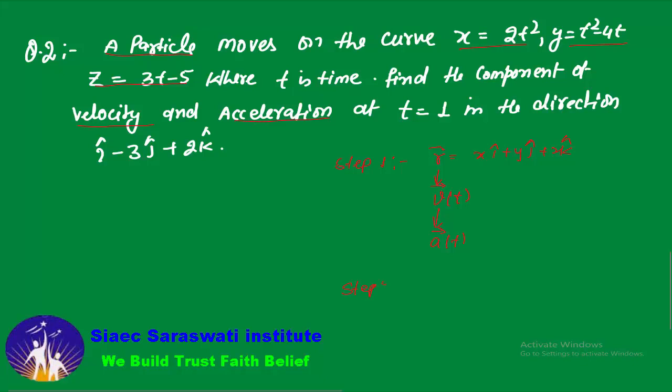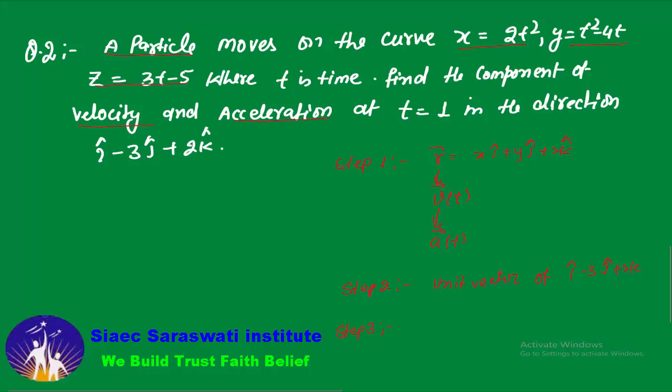Step number 2 to solve this particular problem, that we will find out the normal vector, normal unit vector. Okay, so we will find out the unit vector of i minus 3j plus 2k of this vector. Then after we will take the dot product. Then step number 3